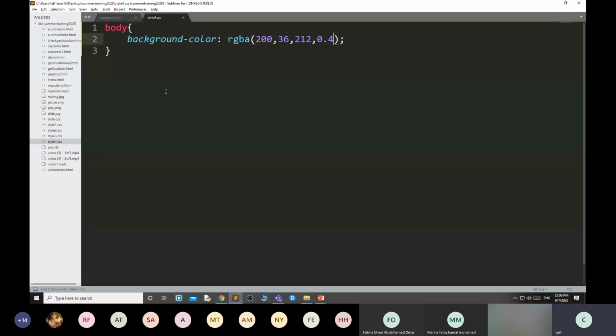Does anyone have any question? Is it clear how to use the color palette?